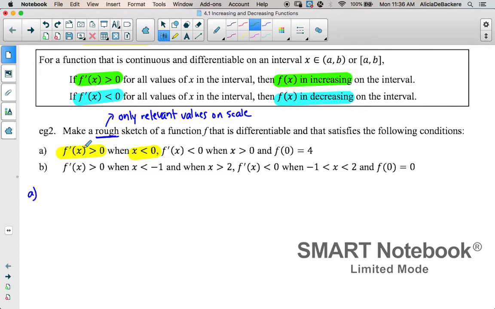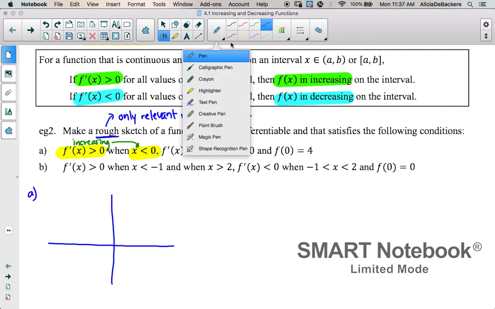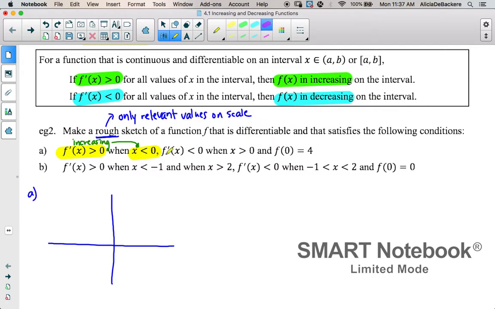remember, when the derivative value is positive, that tells me that the graph is increasing, and it's going to be increasing on this interval here. So if my x values are less than 0, that means that I'm over on the left-hand side of the axis over here. The graph should always be increasing, or heading up. And then what we find after that is the graph is decreasing because the derivative value is negative. Remember, the negative derivative value tells me the original graph is heading down, and that's happening when x is greater than 0. So I'm decreasing